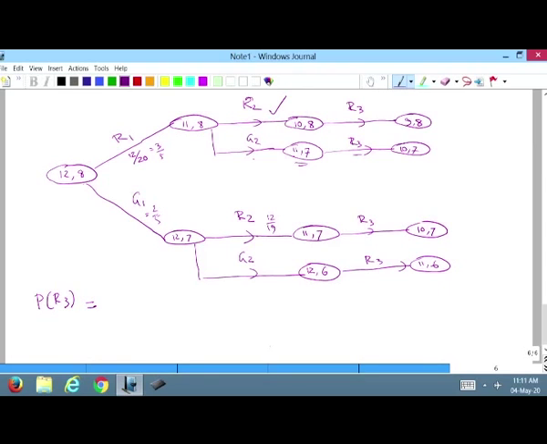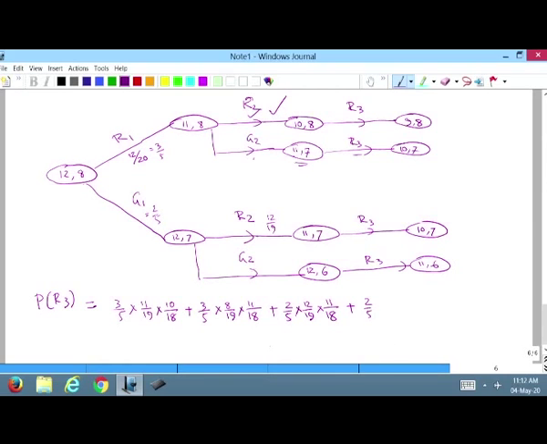So, this is the product of 3 by 5 into R2, therefore, 11 upon 19 multiplied by R3, that is 10 upon 18, plus 3 by 5 into, now we are drawing a green, therefore, that is 8 upon 19 into, now we are drawing a red, that is 11 upon 18, plus 2 by 5 into, this is R2, therefore, 12 upon 19 into R3, therefore, 11 upon 18, plus